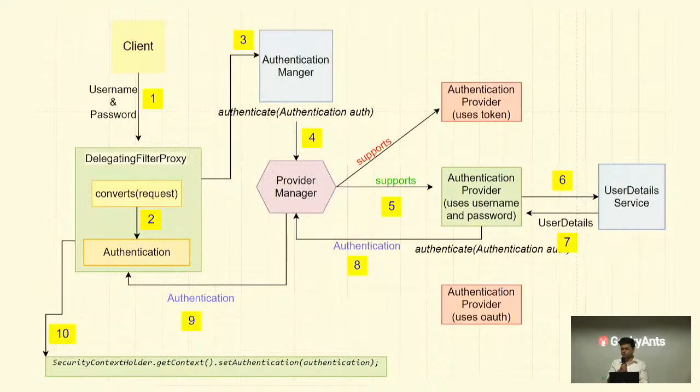So the question is, what is the security context holder? What it does is it keeps track of all the authenticated users in our application. Right now, suppose we have this authentication response object, and we are setting it in the security context holder. It will make sure that if the user goes to a next step within the application and tries to access a different resource,